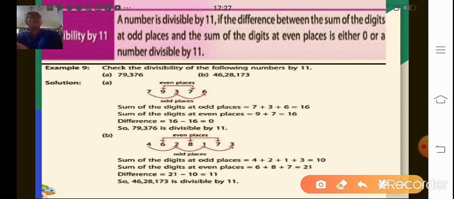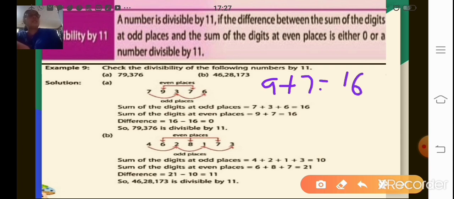79,376. Now the numbers in even places. Even means 0, 2, 4, 6, 8; 2, 4, 6, 8 are all even numbers. Which is the number in second place? 9. Third place is an odd number. Again, fourth place is an even number. So 9 plus 7